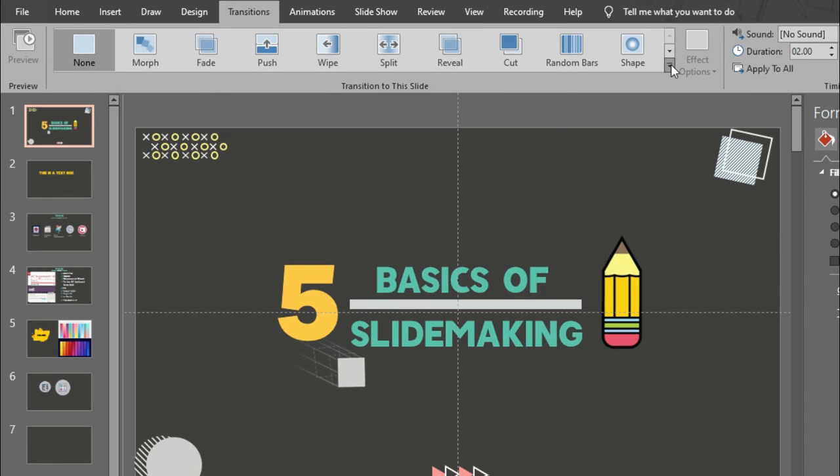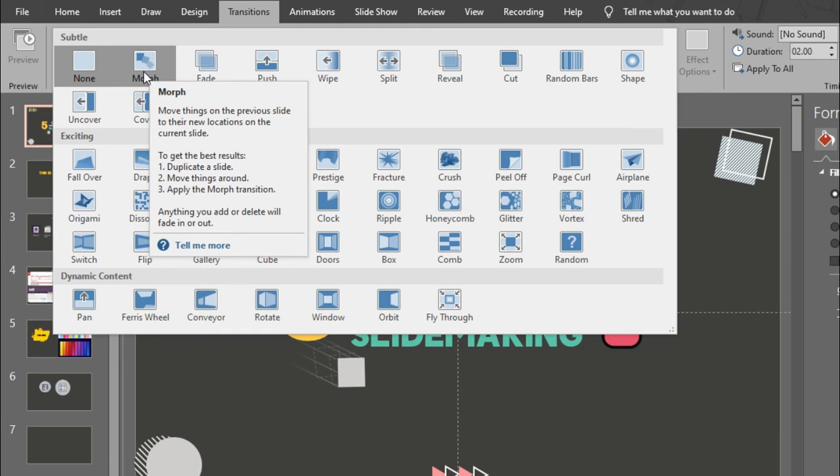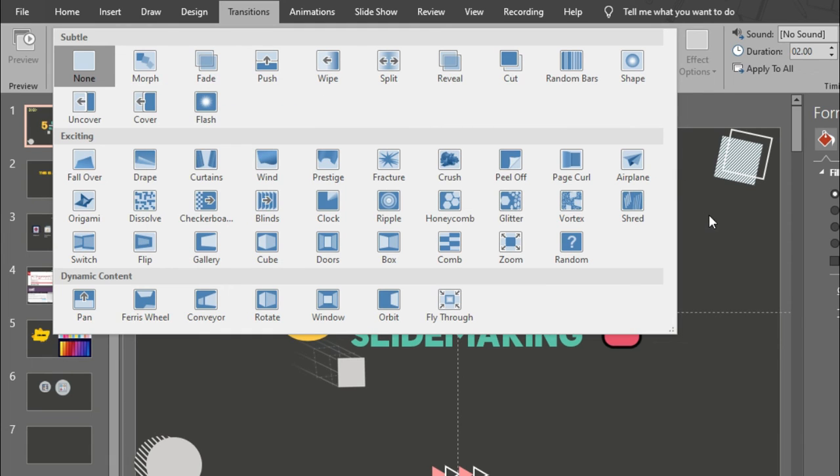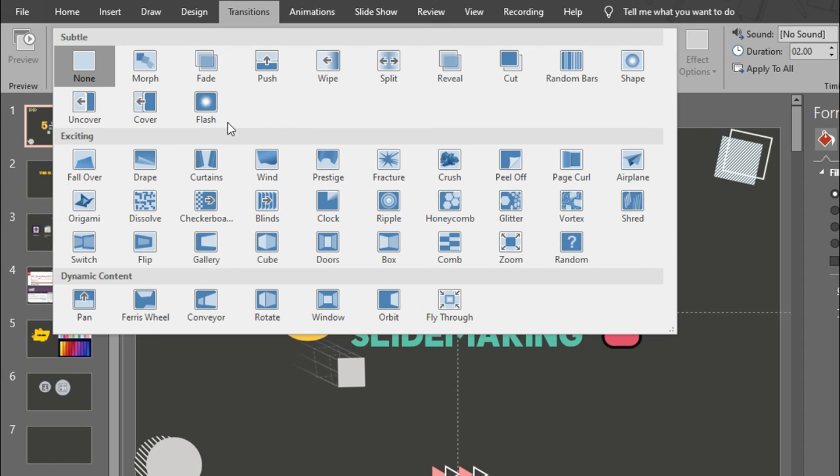You can have various types of transition effects in your PowerPoint presentation, but the Morph transition will not be available if you are using a version under 2019. It will be available only in Microsoft 365 or the 2019 version or the latest version of Microsoft PowerPoint. So it's better to use 2019 or the latest version.